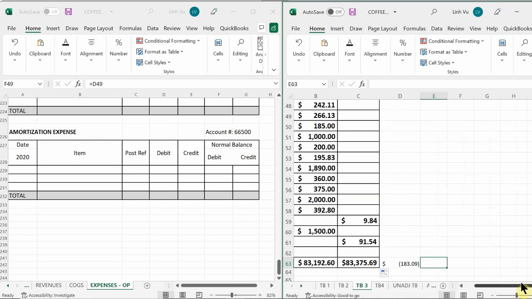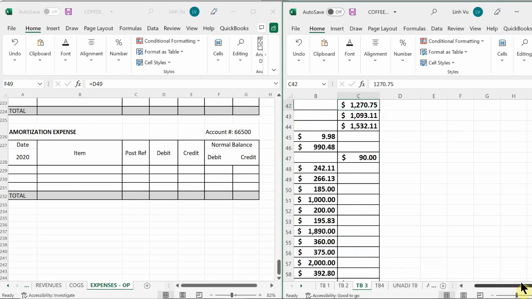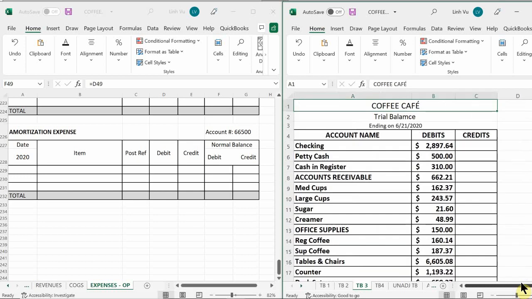Okay, so it says I'm missing $183.09. We need to find out. Right now it says right here that I am over on my credit side by $183.09. So this is where, if I have a discrepancy, what I have to do is